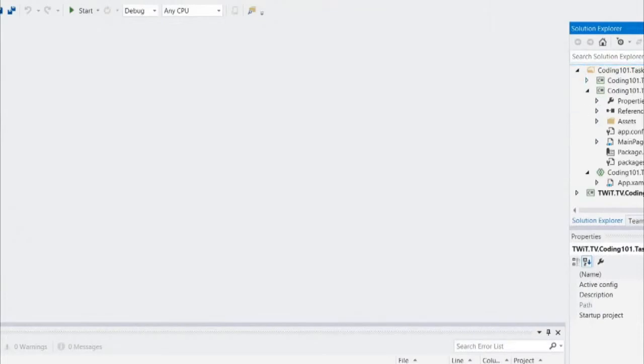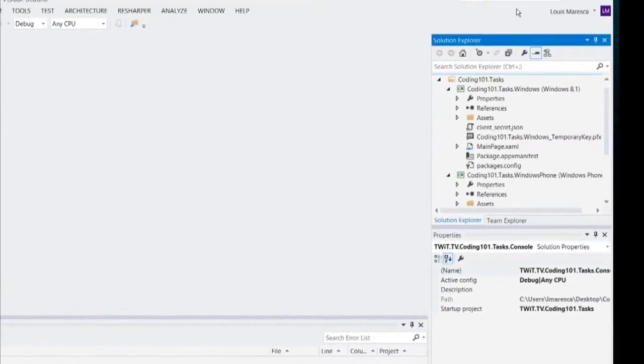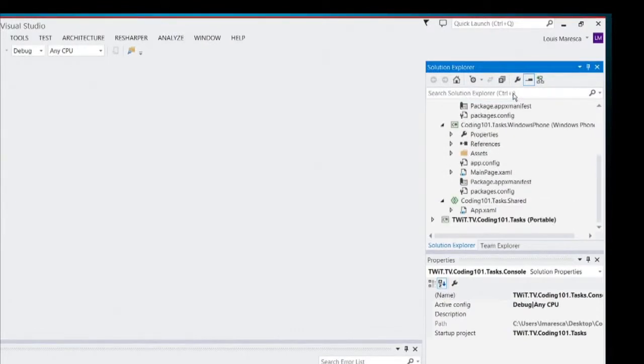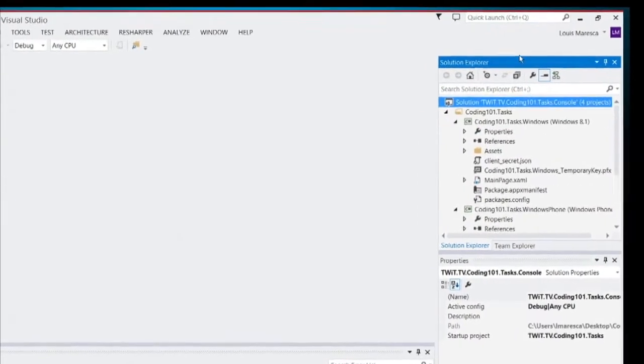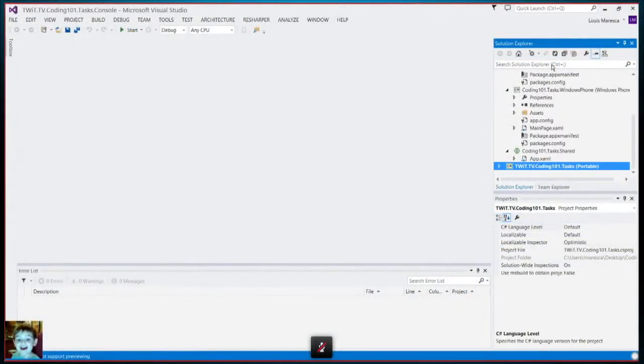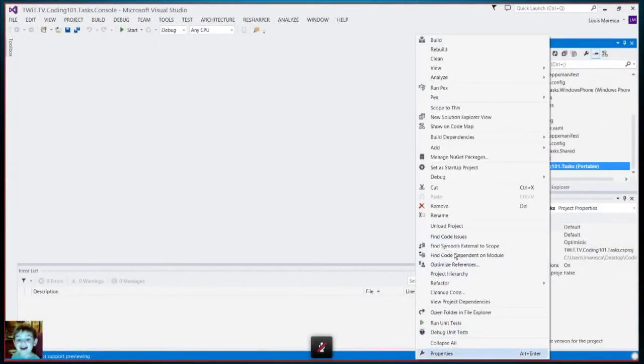You'll get a Windows Phone empty project and a Windows Tablet empty project. Nice. So once you have that, now you have kind of like a universe. So now you're starting to build your Windows Phone and Windows Tablet version. And you notice I still only have this portable class library. So next thing you want to do is click on the properties of this